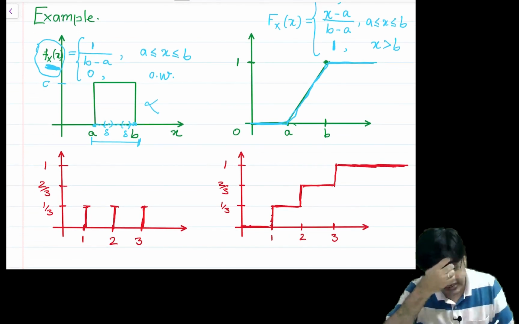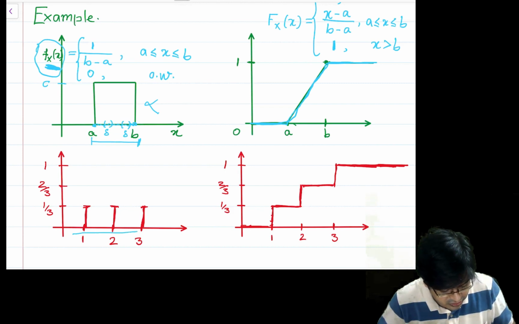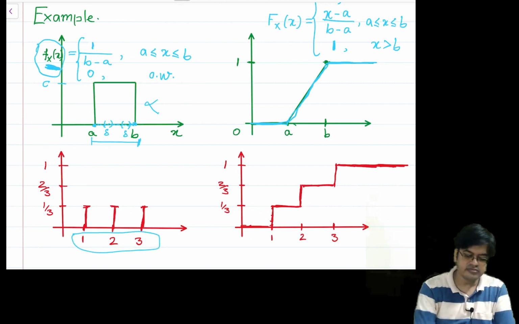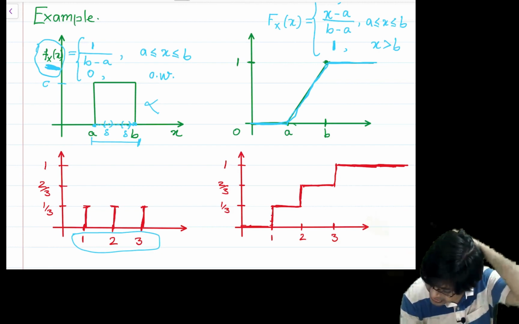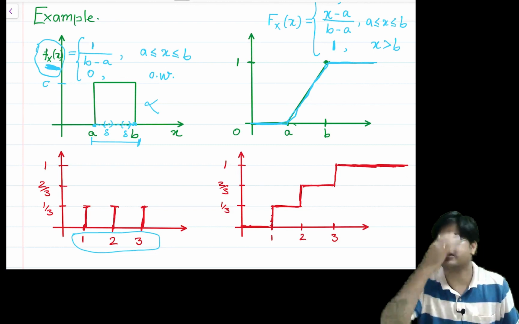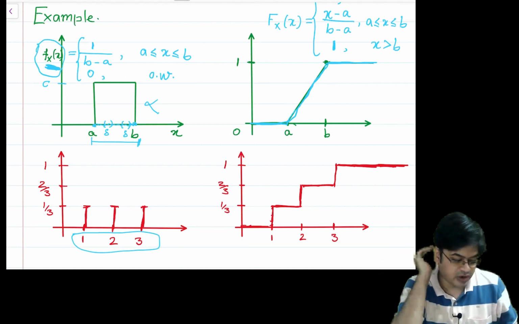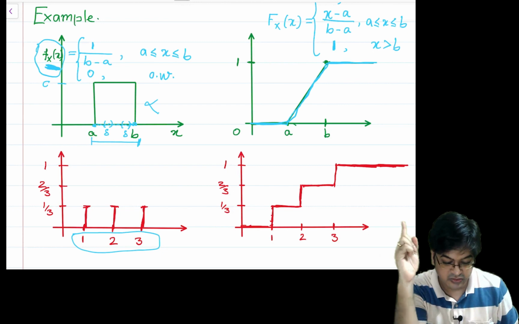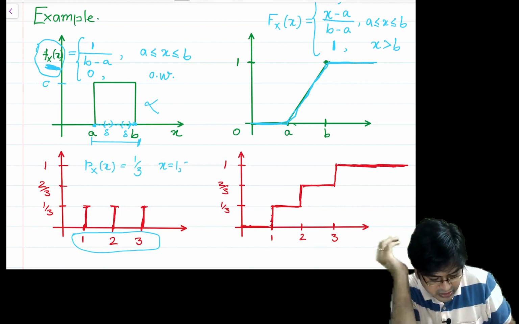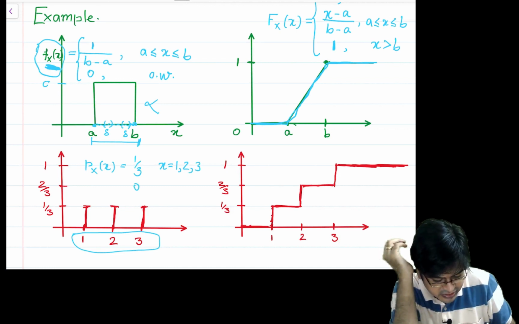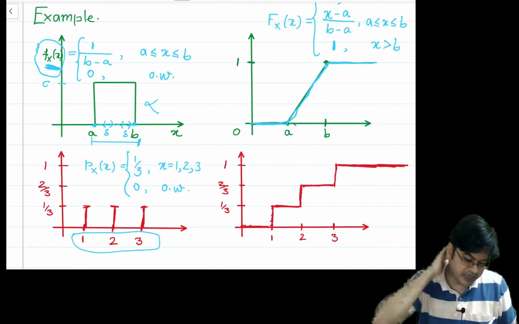After this description, let us go to the next version of CDF, that is for discrete random variables. I have taken a discrete uniform random distribution over 3 points. Very familiar to us. Everything will have a probability of 1 by 3 each. So once you have a probability of 1 by 3 each, how will you plot the cumulative distribution function for this random variable? Here the definition is very clear. My P_X(x) is equal to 1 by 3 for x equal to 1, 2 and 3 and 0 otherwise. That is a complete description of our PMF.